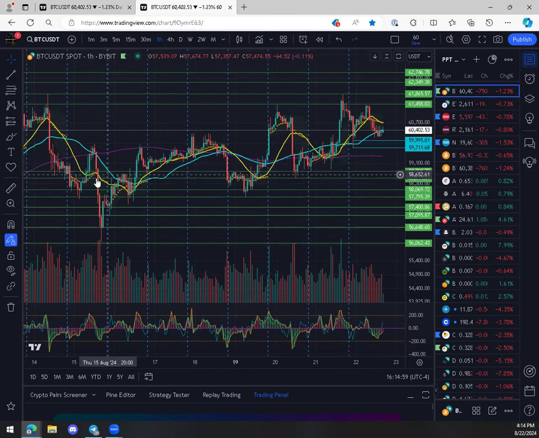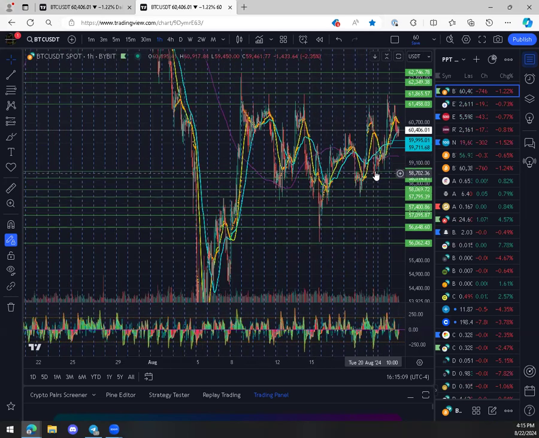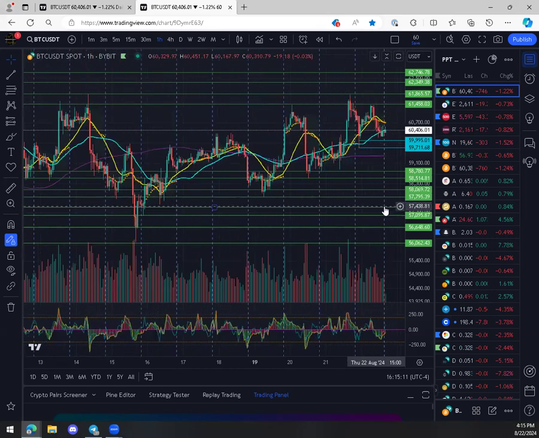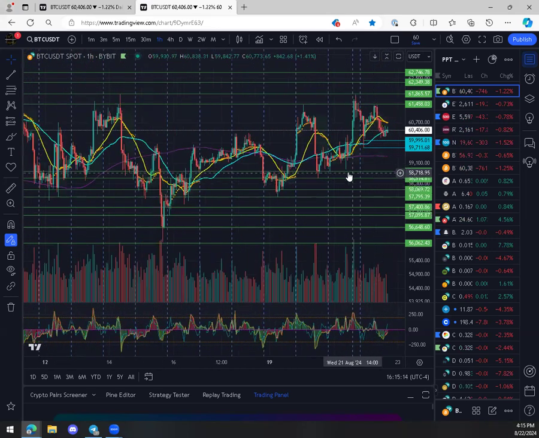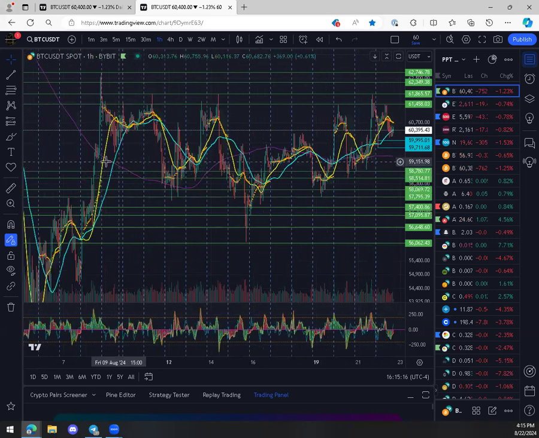And this is actually a high volume node of this whole thing too. So this was a pretty good trade once Ethereum also was hitting that. If we look at Ethereum, Ethereum was testing its range lows down here, which in my opinion was better trade location than what Bitcoin was doing. Bitcoin was kind of retesting this high volume node.